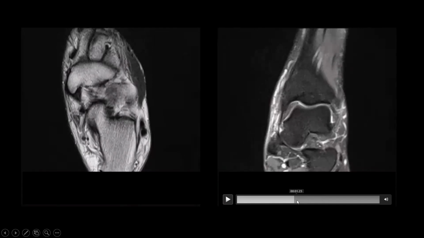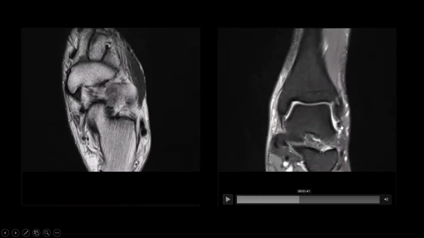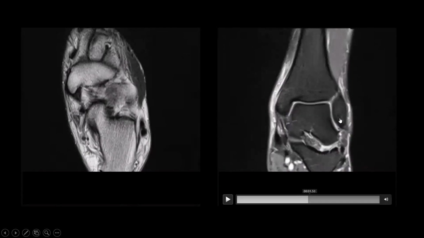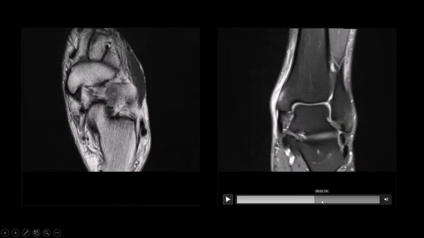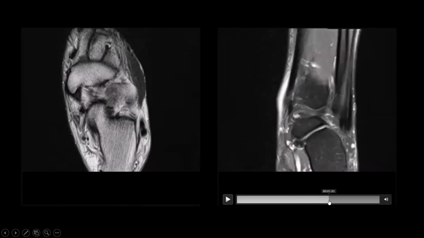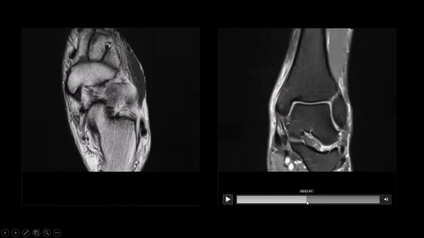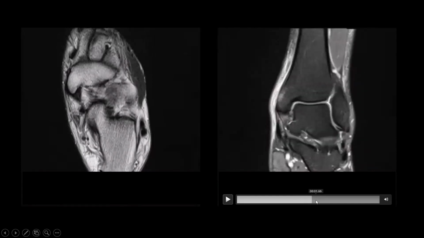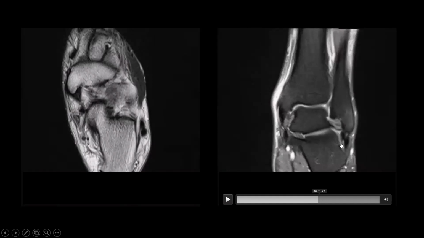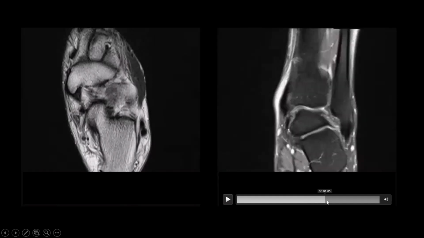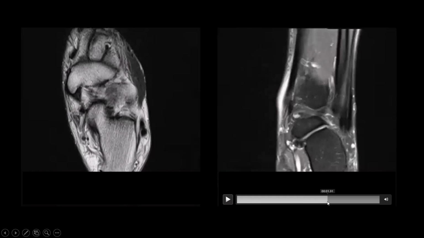And this is the attachment of anterior talofibular ligament. And this ligament is going to attach posteriorly at the fibula. And we can also see these are the peroneal tendons, and there is a hypointense ligament which is going just deep to the tendons, that is